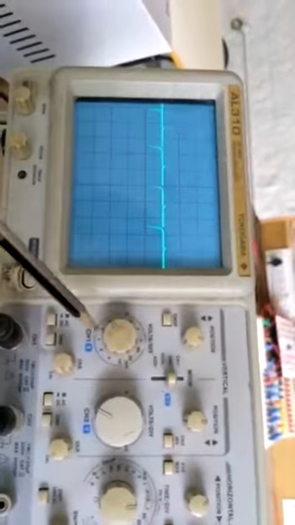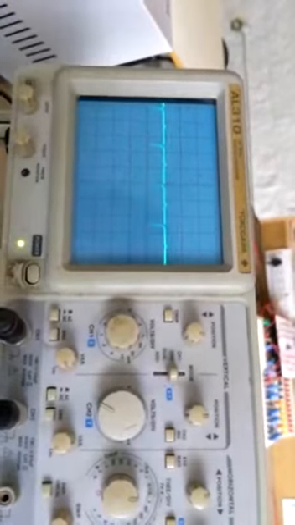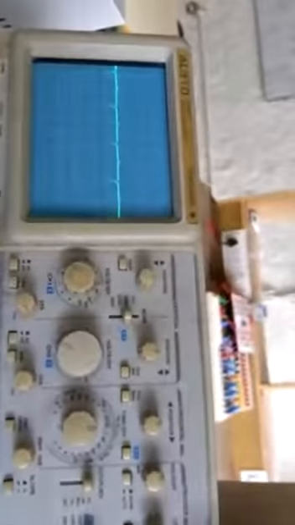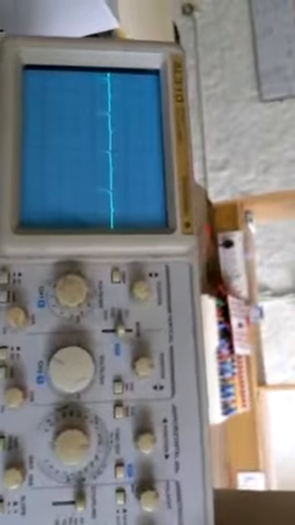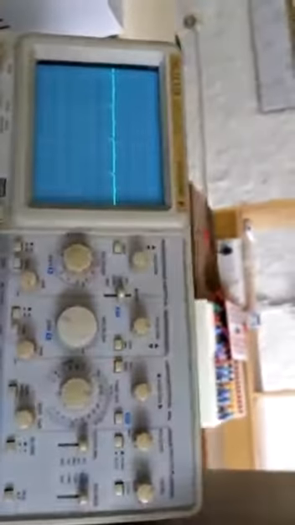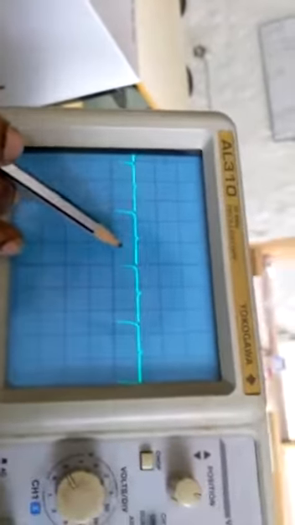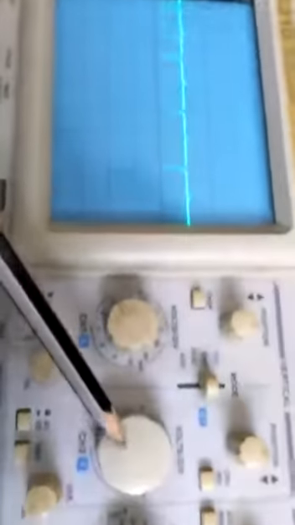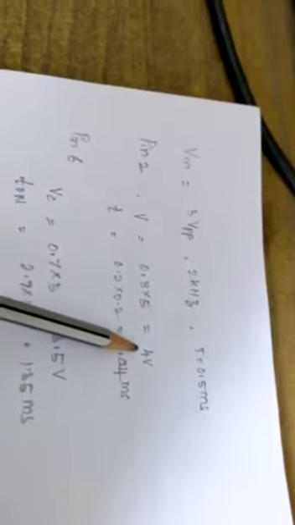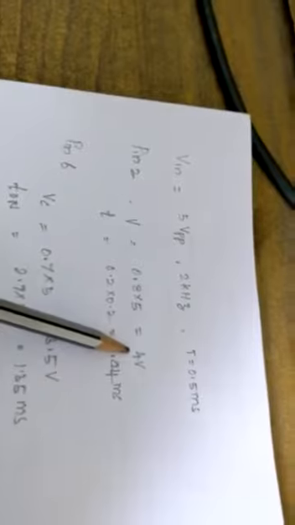This pulse is used to trigger the 555 timer. So I need to measure this using the probe connected to pin number 2, and you need to measure the magnitude of this pulse. So it is going to be 0.8 multiplied by 5, which will give you 4 volts. This trigger pulse should not exceed the VCC supply you are giving to the IC. I have given 5 volts to the IC. This is nearly 4 volts.